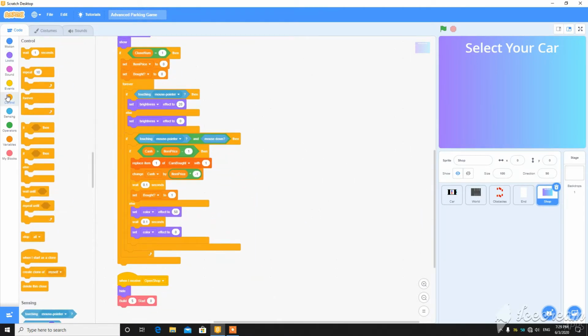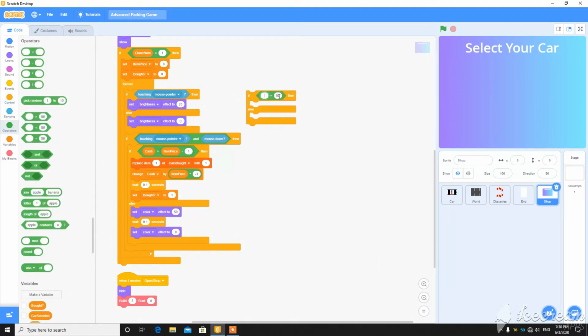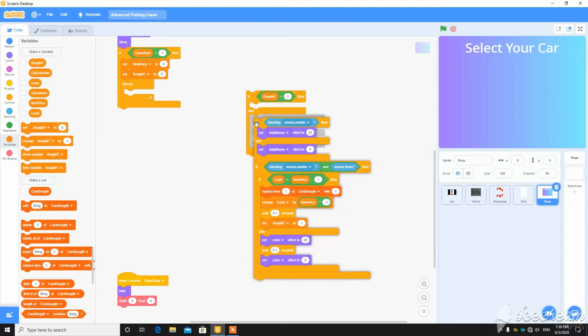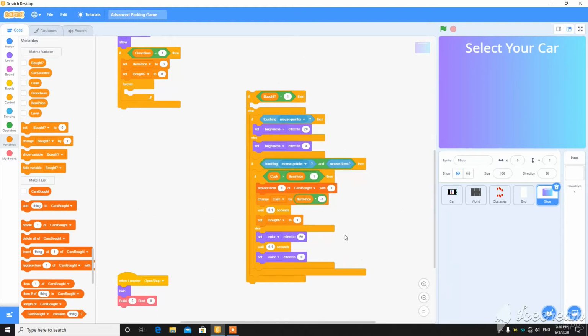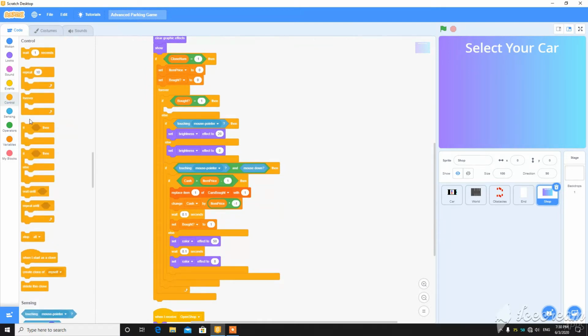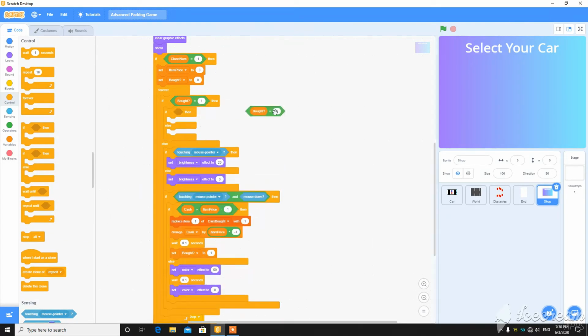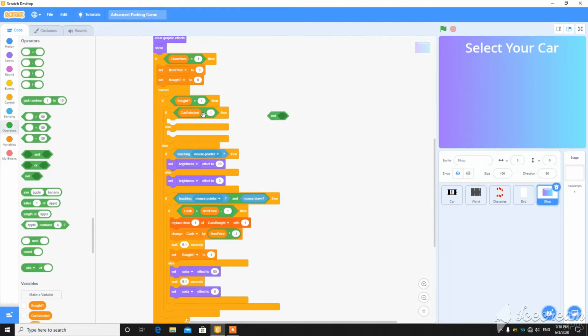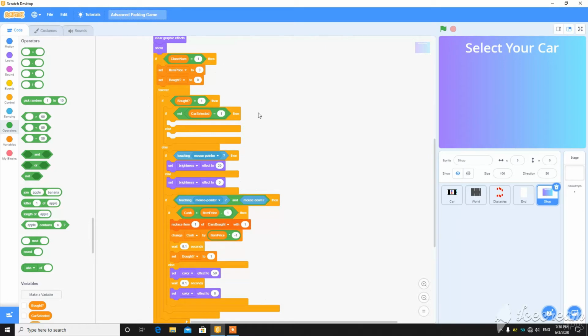You can also add one thing here, if else, bot is equal to 1. If bot is equal to 1, then leave this blank and put this here. And if bot is 1, then if else statement, if car selected is 1 or car selected is not equal to what the car number is, so here it is 1.